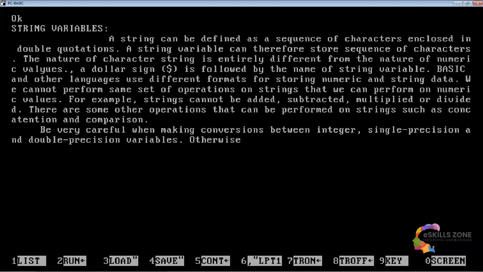Otherwise you may lose accuracy accidentally. So it's very important to note that